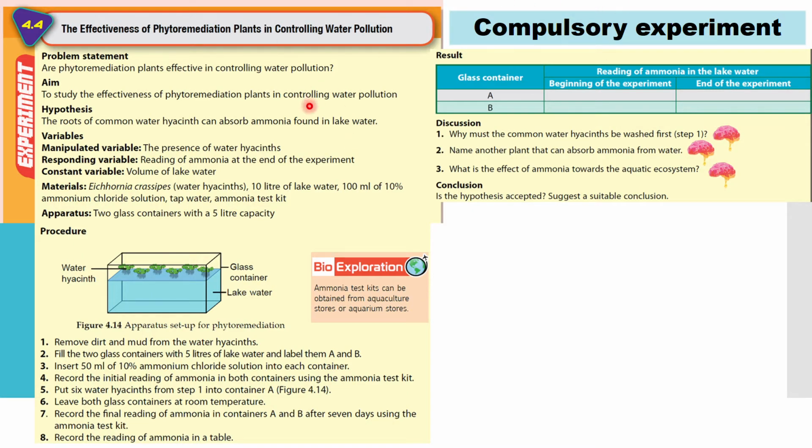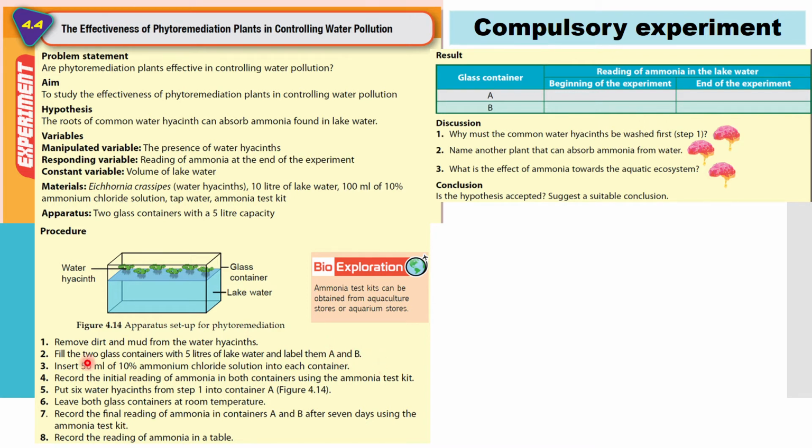Okay, so there are these two experiments. The first one is to study the effectiveness of phytoremediation plants in controlling water pollution. Okay, so this is one of the compulsory experiments in your syllabus. So you have a hypothesis saying that the presence of this water hyacinth, the roots of the common water hyacinth, is able to absorb ammonia, which is found in lake water. So if you go through the procedure, there will be two containers, okay, A and